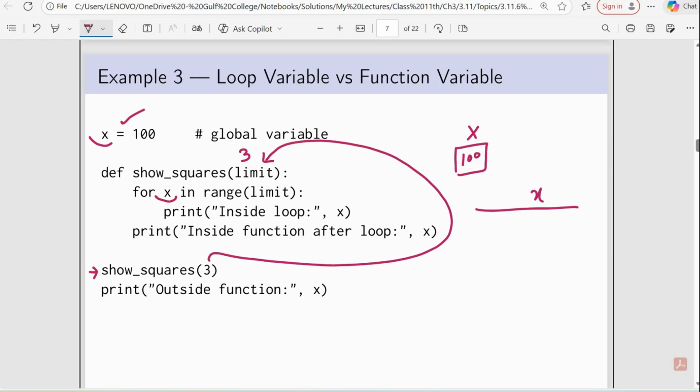It will start the value from 0 to limit. The value of limit is 3. It means it will run first with x equal to 0, then x equal to 1, then x equal to 2. And what will it print inside the loop, the value of x? It will display first 0, then 1, then 2. Inside loop 0, inside loop 1, inside loop 2. Okay,